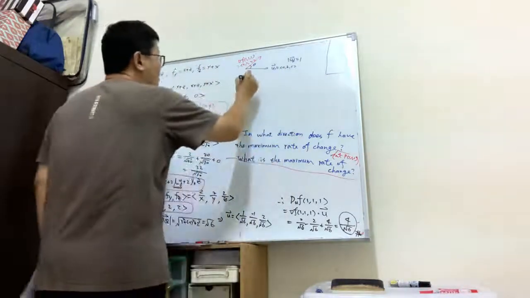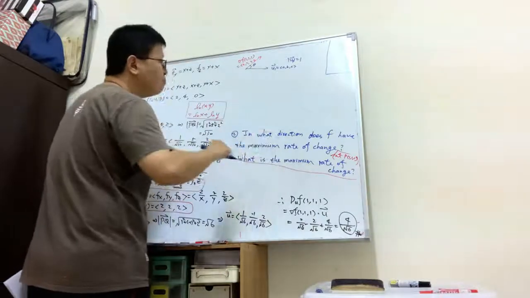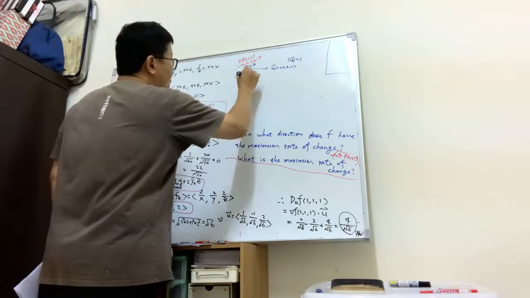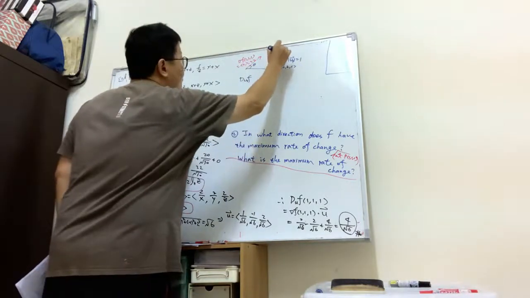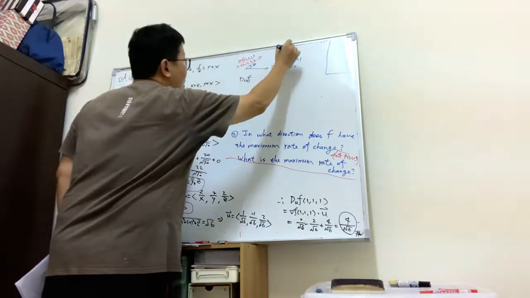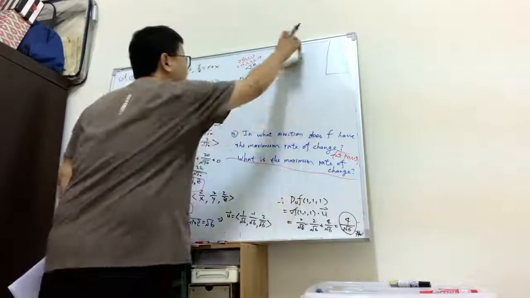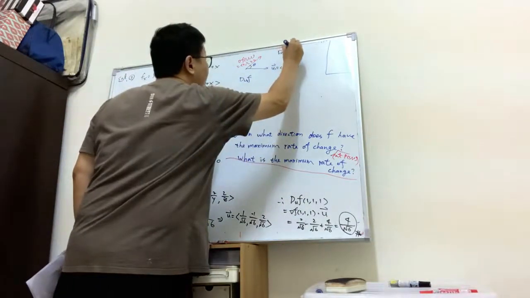So the question is, in what direction does f have the maximum rate of change? For any unit vector u1, for any unit vector,